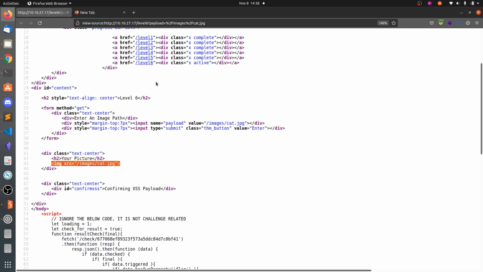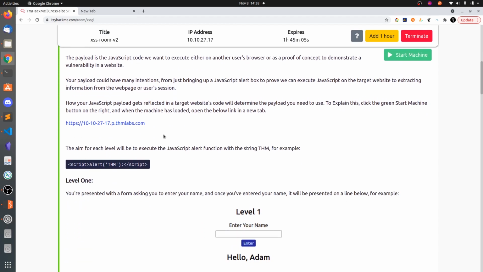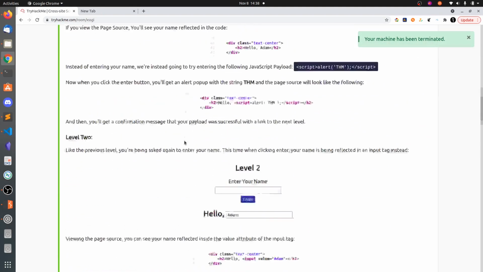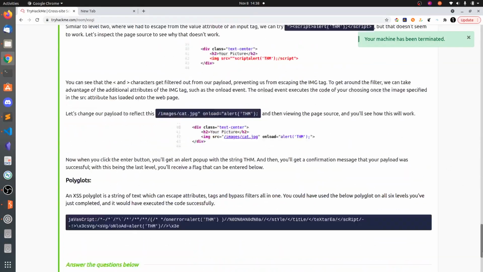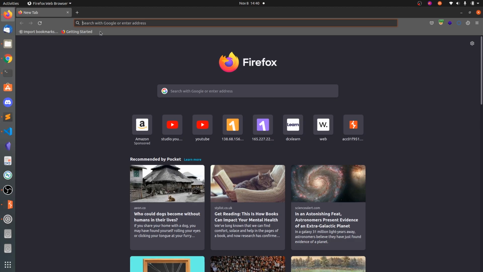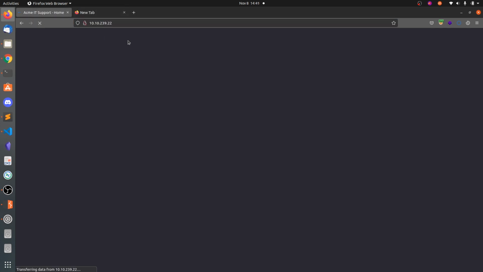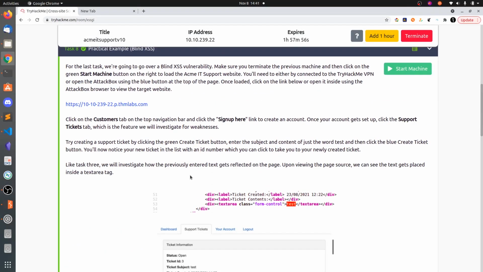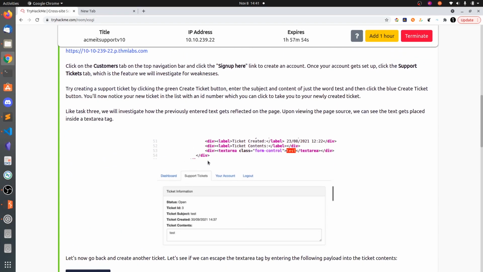So that is about this XSS, and we also have one blind XSS task. Let's do that also. So okay, our machine is up. So let's go to this website, and here we need to sign up. So in the ticket information, we need to create the ticket.